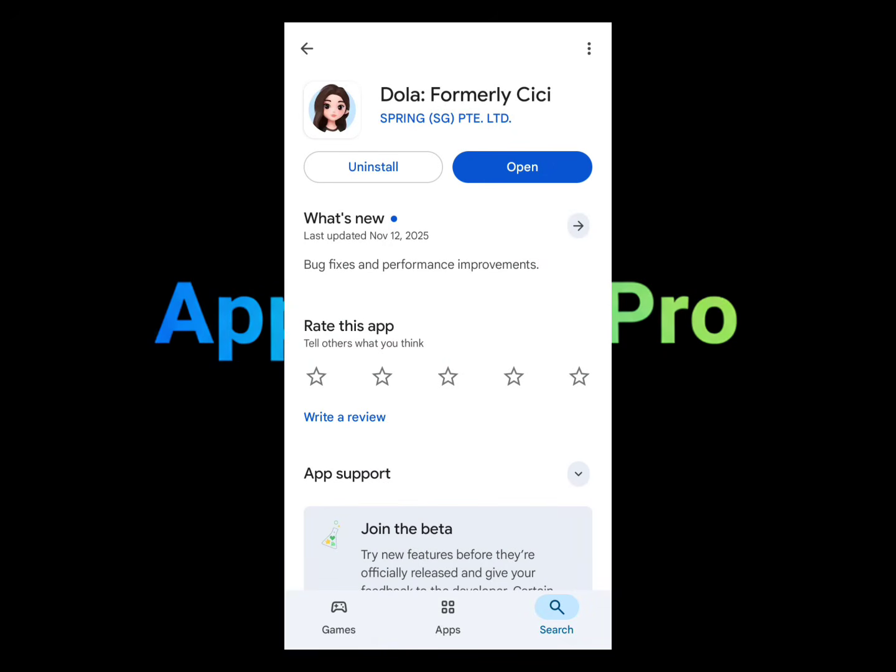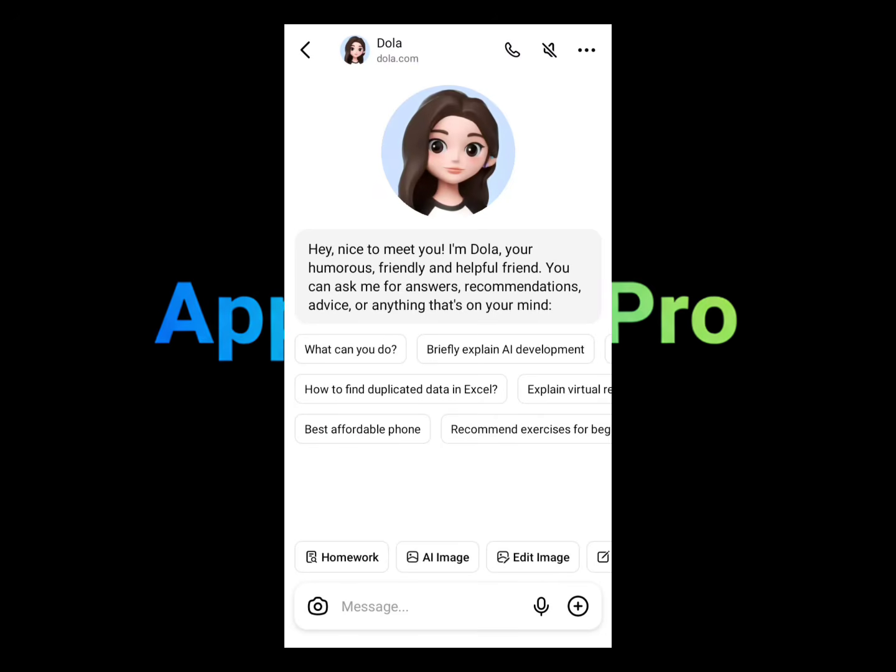AI application. I will be pretty much showing you guys how to use it like a pro. Stay tuned. Here, this is the home screen when you first open the